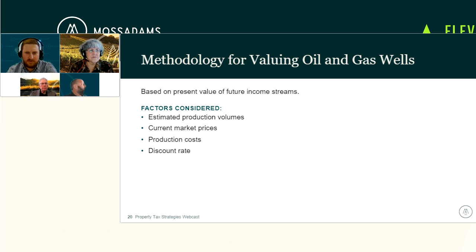So the valuation is then obtained by summing the present values of the forecasted cash flows and the discounted terminal value. However, there are challenges such as market volatility, regulatory changes, and the availability of reliable historical data, which can complicate the process. So in summary, the discounted cash flow methodology offers a systematic approach to valuing oil and gas wells in Texas, enabling stakeholders to arrive at a fair valuation that reflects the true economic worth of these assets.